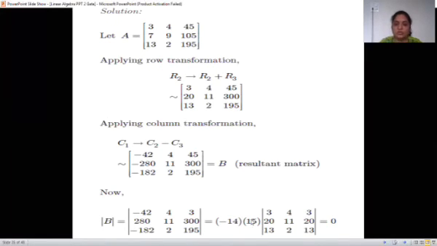Remember, for two same rows or two same columns, the determinant is 0. Or if we want to physically find it out, we can do that. 3 into 11, 13 minus this, minus 4 into this, into this. This is obviously 0: 20, 13 minus 20, 13. So this is 0 plus 3 into 22 minus 11, 13. 11, 13, 22. Right? So everything will go to 0. So the answer is 0.